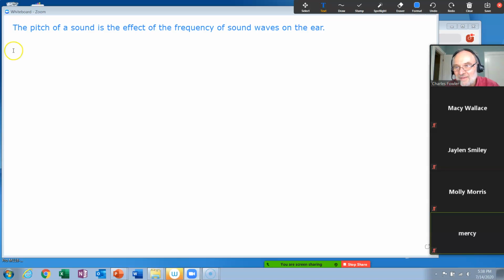Now, for some reason, the text did not come up. So let me see if it'll come up this time. There we go. All right. They're now moving into 16.4. And this is the Doppler effect. And that's what we're talking about now. The Doppler effect